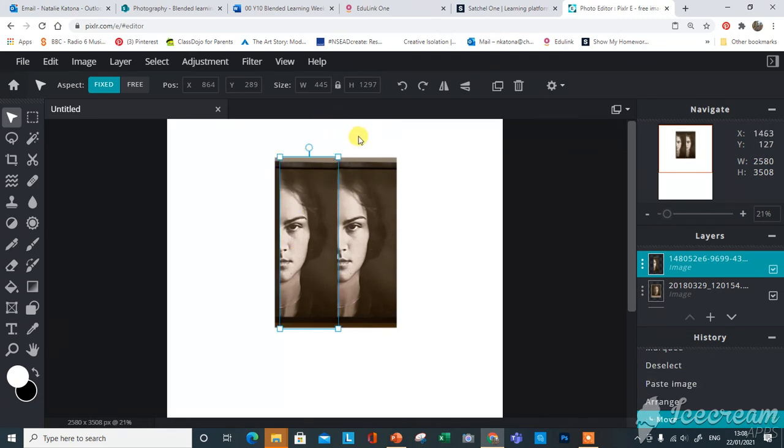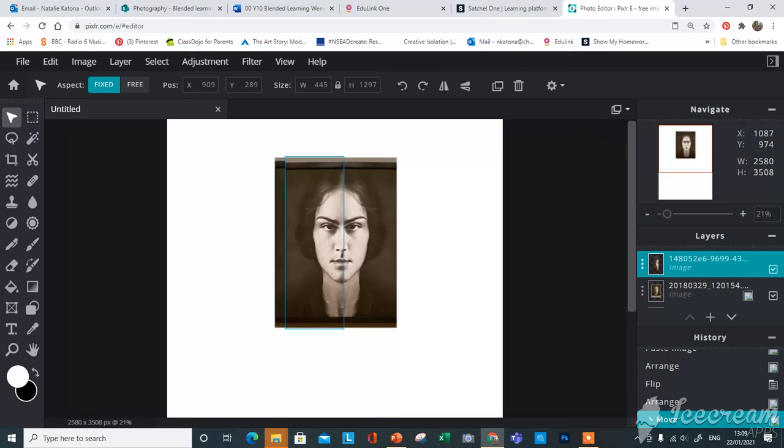Then I want to flip it. So in this tool, which is the arrange tool, there's some really useful things at the top here. Rotation, this is what I want. So this flip horizontal, because what I'm going to do is flip it. And then you can already see I've kind of made something quite funny. So now I'm going to move it, and then I'm going to get it in place. No, not quite. You can also use the arrow keys if you want to be a bit more